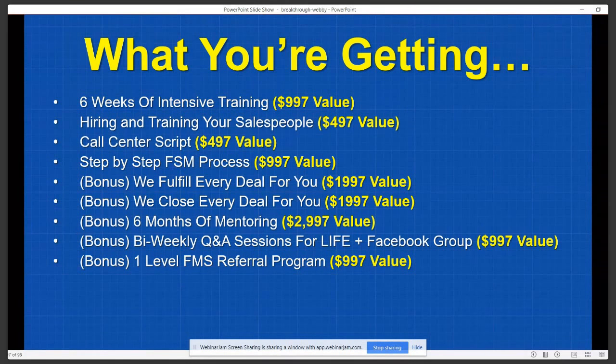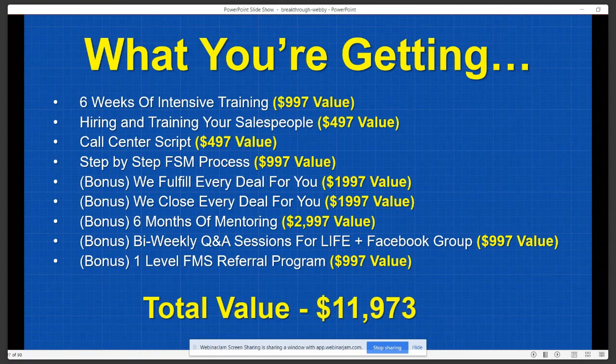There's a little bit of a process to it. You've got to make sure you follow the process and warm them up a little bit. We have videos that you send people before they get on the phone with me. But if you do it the right way, we literally close almost everyone that we talk to. It's pretty crazy. Total value,